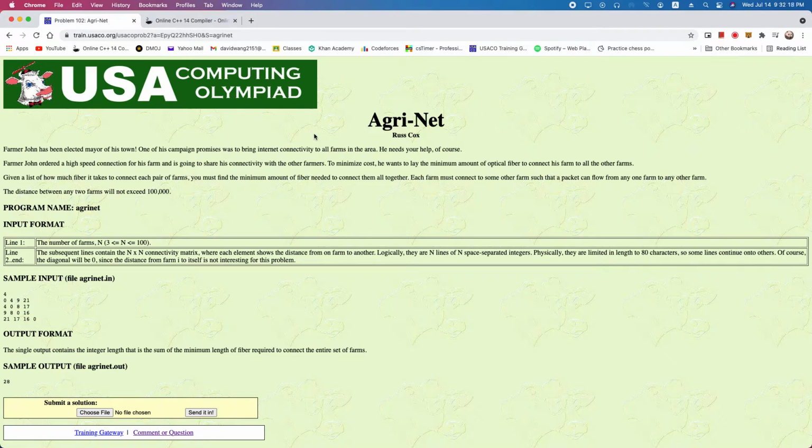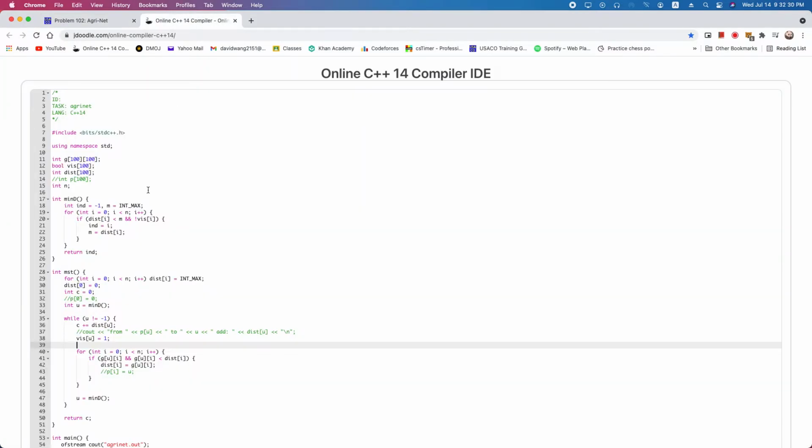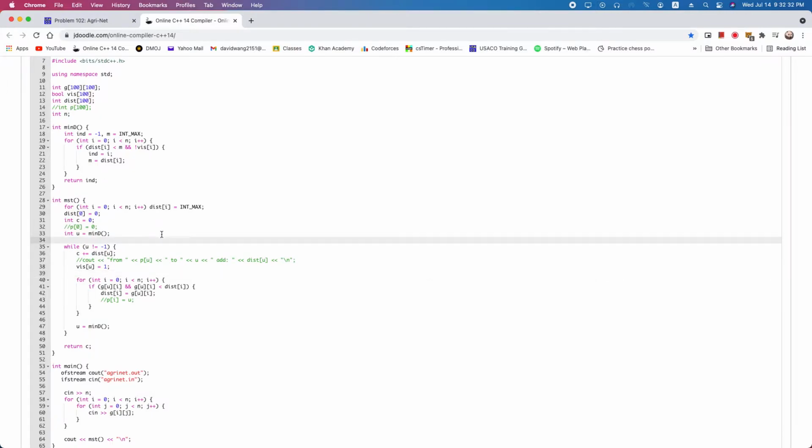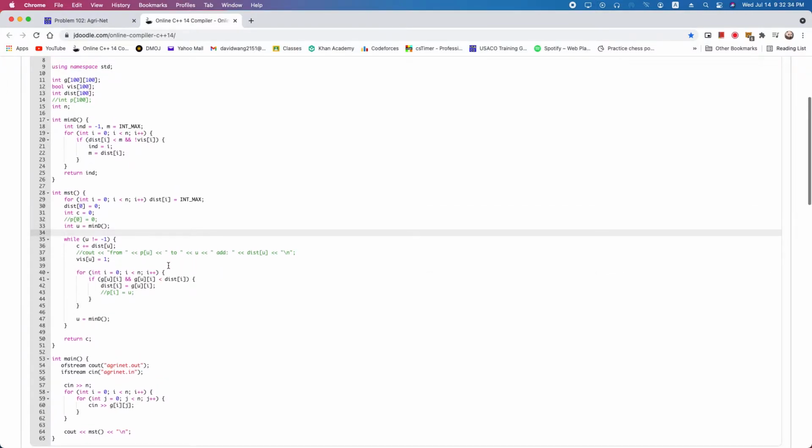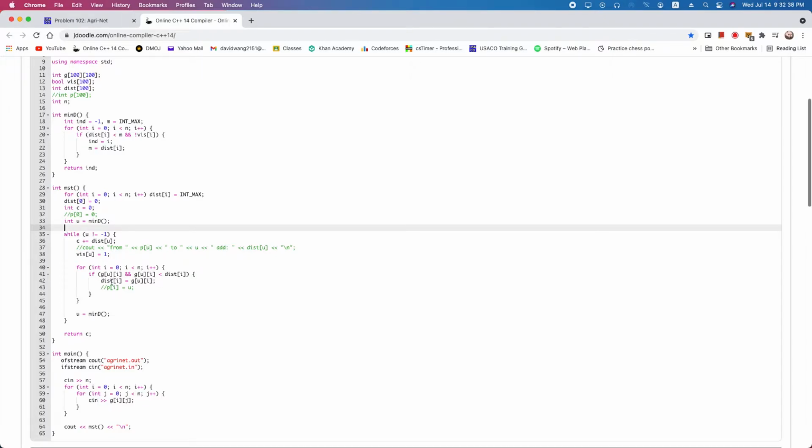Alright, this time I will talk about the problem Agri-Net. So in this problem, what we need to do is find the minimum spanning tree of this graph. And to do that, we will use Prim's algorithm. Here's my code. Prim's algorithm is very similar to Dijkstra's graph algorithm, except the difference here is that